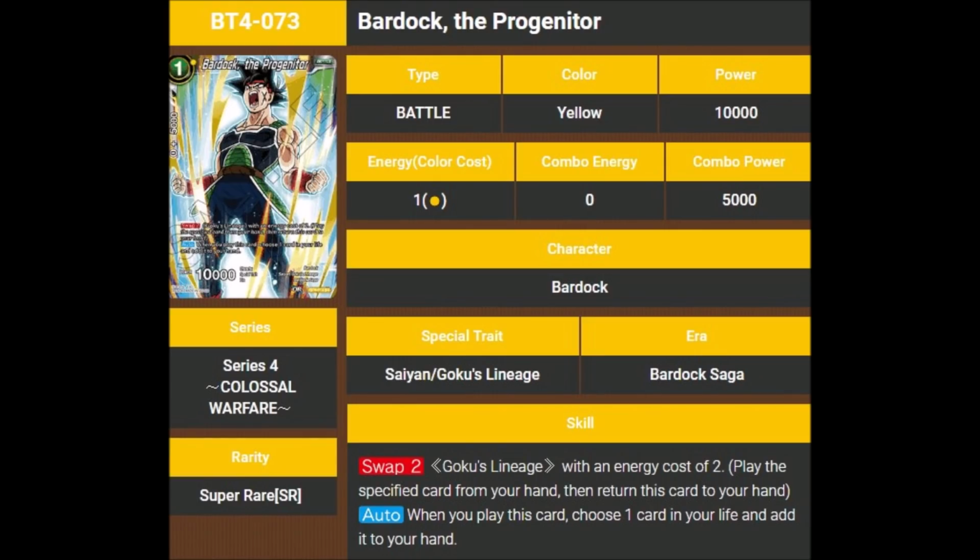Then we've got one of my favorite characters, and probably my favorite super rare, right up there with Piccolo, is Bardock, the Progenitor. He's a 1-cost, 10,000 power, which is already good for a 1-cost. He's got Swap 2 for Goku's lineage, no energy cost there. And his auto says, when you play this card, choose 1 card in your life and add it to your